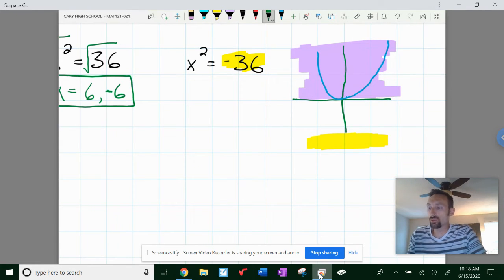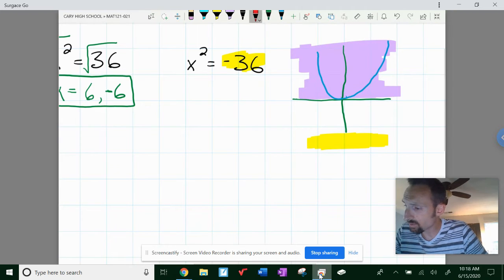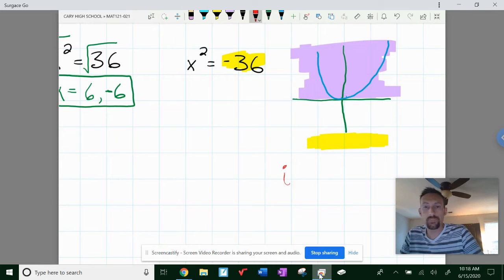I don't know that any of you will appreciate it as much as I do as a math teacher because it's just more work for you. But this is a very, very interesting solution to this dilemma. And so he said, well, let's just do this. Let's come up with this number, and let's make this number i. Let's say that i squared,